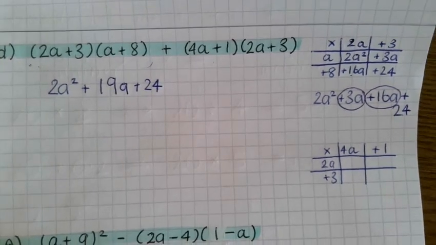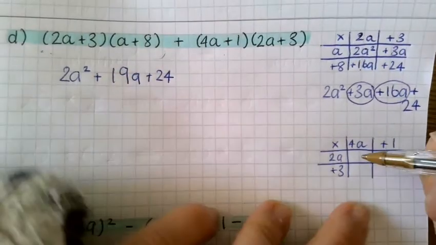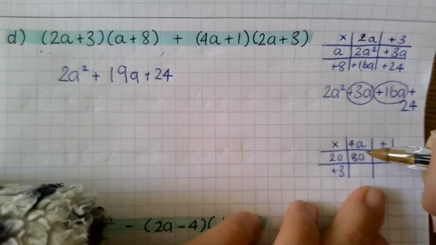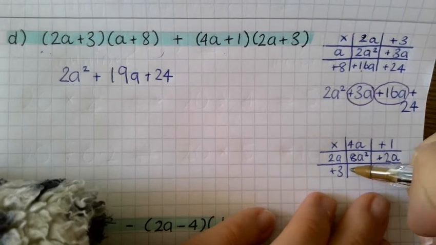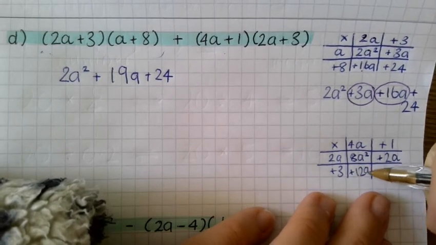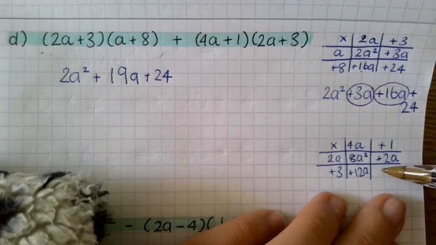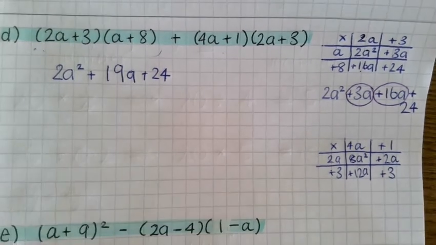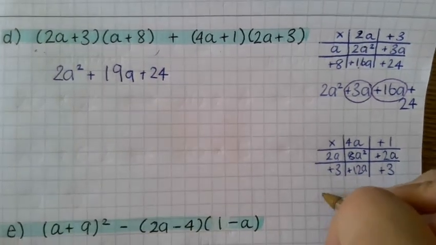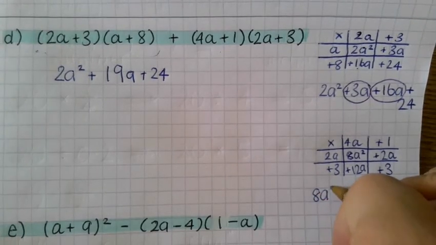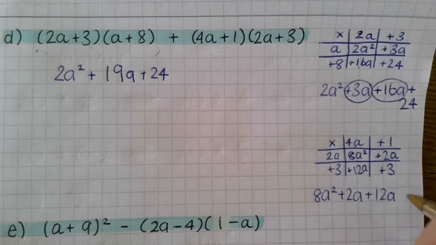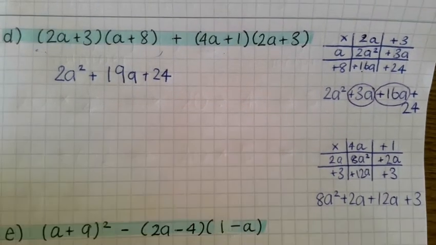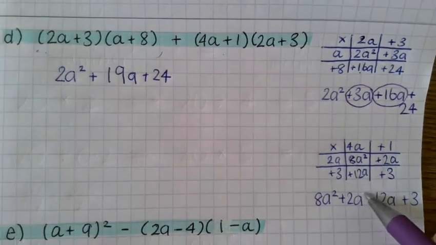And then completing this grid gives me 8a squared here, positive 2a, positive 12a, and positive 3. And then adding everything together is 8a squared plus 2a plus 12a plus 3. And then collecting the like terms,